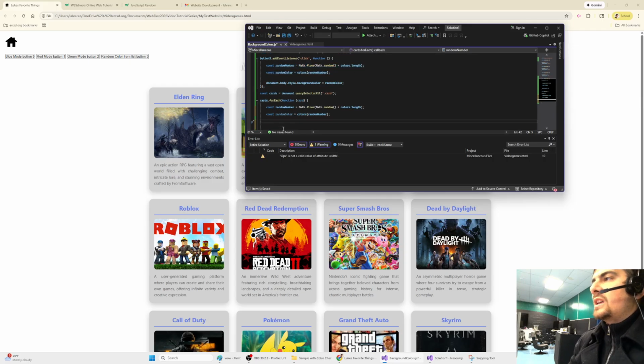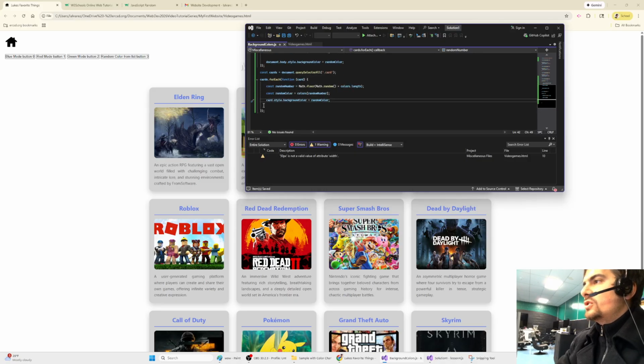And then we'll say, we could say card.style.backgroundColor will be a random color. So now, for each card, it's going to generate a random number. It's going to select a random color based on that random number, and it will set that card's background to